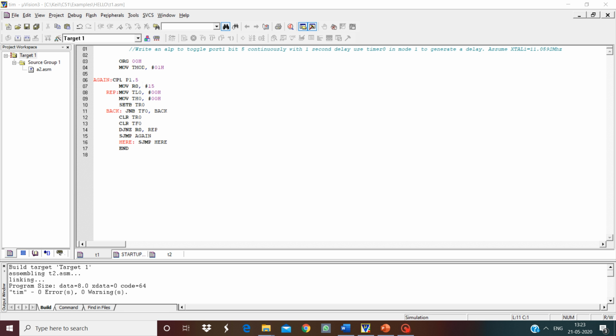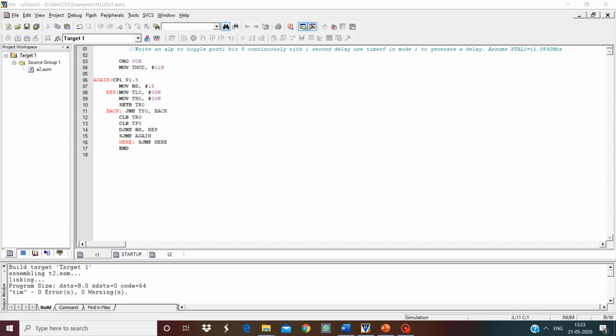Initially port 1 bit 5 was 1; when I say complement, it makes the bit 0. Now in the R0 register, to get a delay of 1 second, we move 15, and TL0 and TH0 are both initialized with 0. Then set bit TR0: since I am using timer 0, I set the timer run control bit to start the timer.